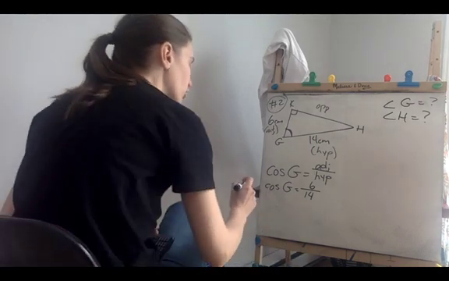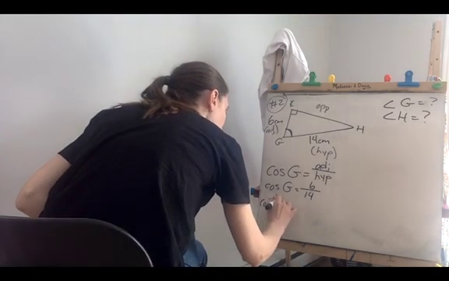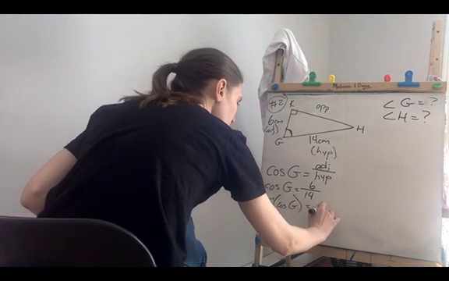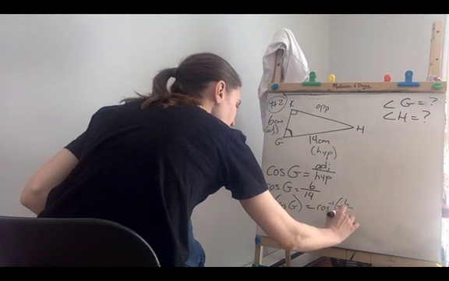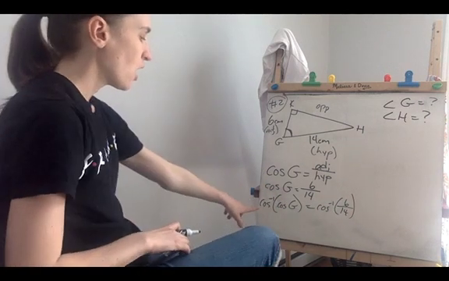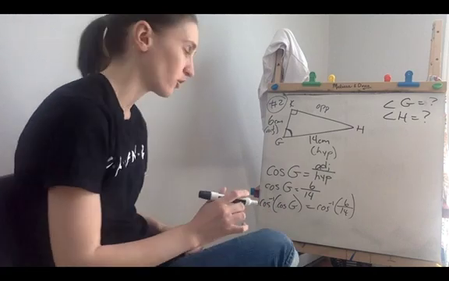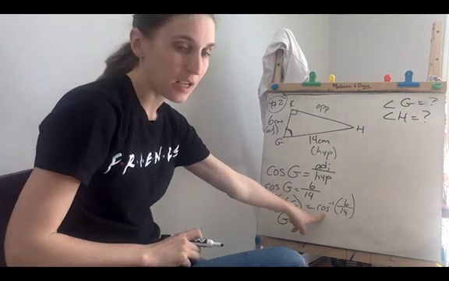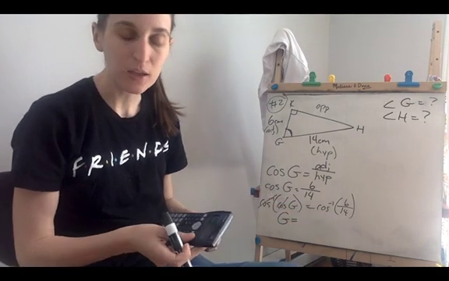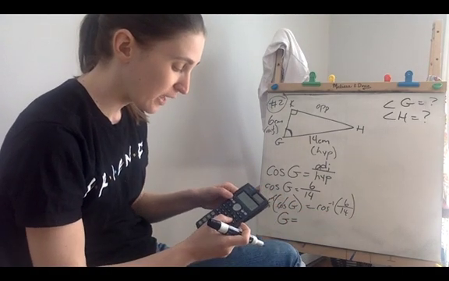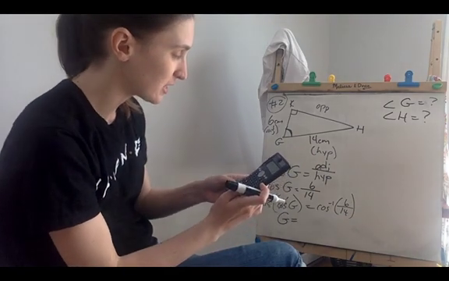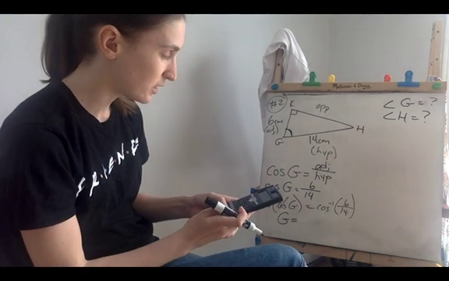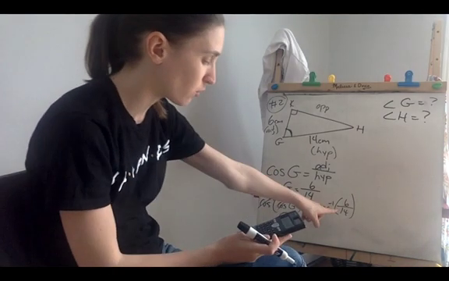So what you're doing here is essentially taking the cos inverse of both sides. You're doing cos inverse of cos of G is equal to cos inverse of 6 over 14. A cos inverse and a cos will cancel each other out, leaving you just with angle G, and then this can get punched directly into your calculator. You can either go directly as cos inverse, then bracket 6 divided by 14, bracket, and equals. Or you can do the 6 divided by 14 first and get that